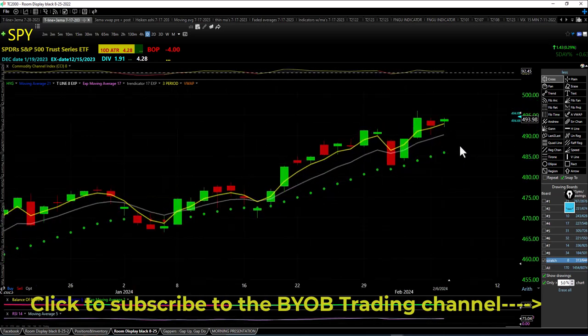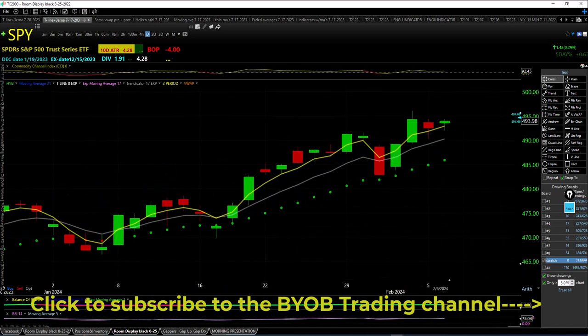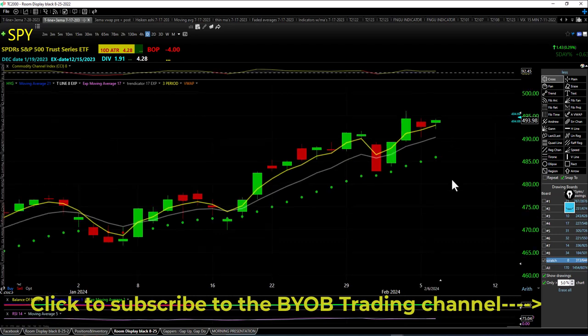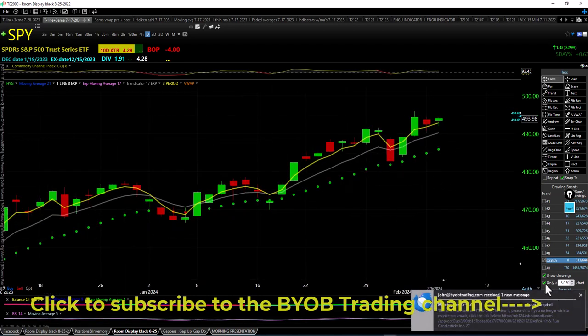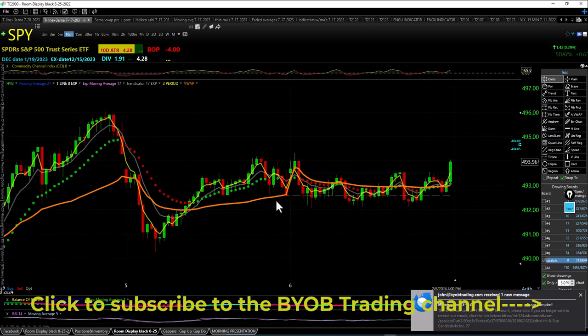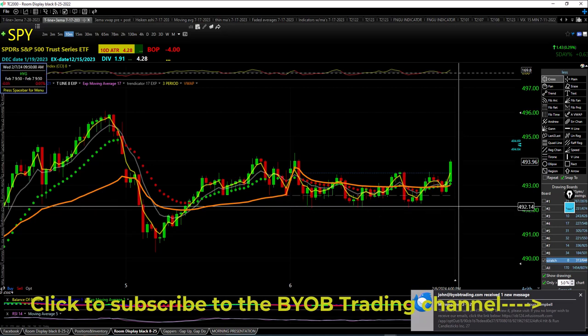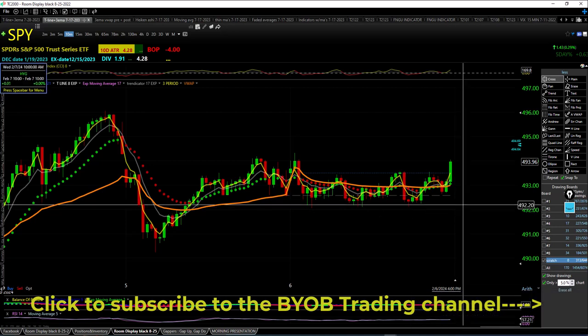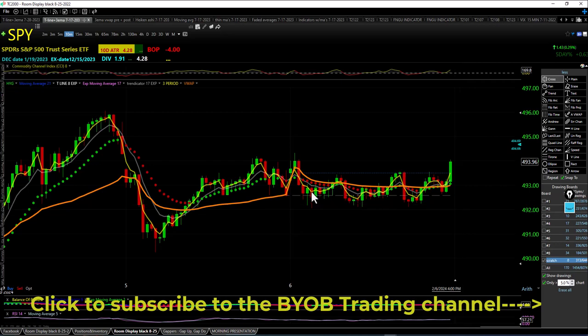Picture SPY, higher low, equal high, closing over the trap. Let's take a look at the 10-minute chart. Where's my pivot? See the bottoms of these wicks down here showing me these are buyers here. Well, my pivot's 492.22, so these buyers fail me. I don't think I want to be a bull.